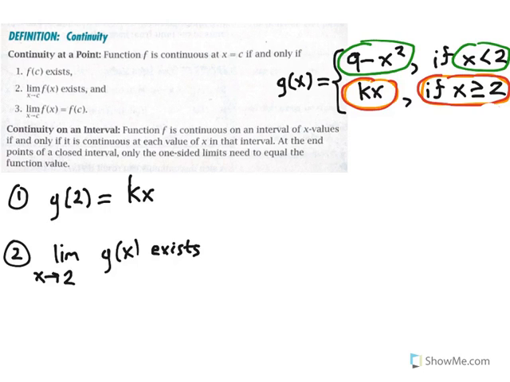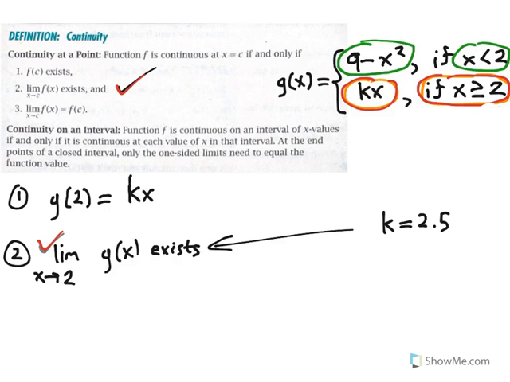So to summarize our work, we looked at one-sided limits to make sure that condition number 2 from the definition of continuity is satisfied. And we set the two one-sided limits equal to each other and found that the one-sided limits will agree when k is equal to 2.5. That would make sure that the two-sided limit exists. And then